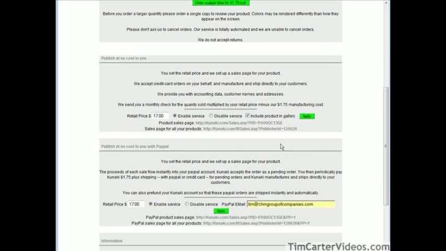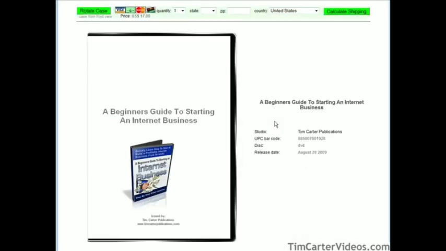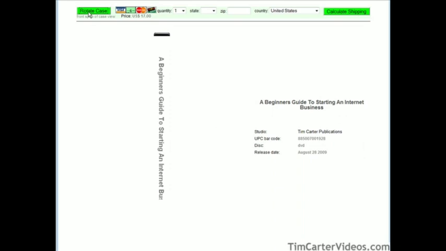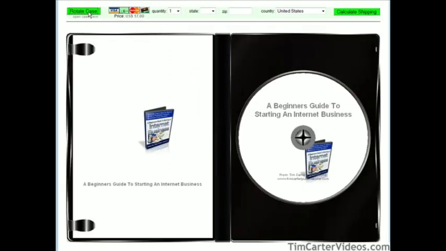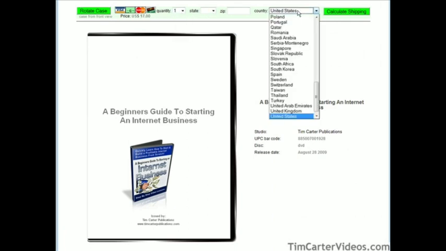Okay, now we have some different websites here that are used. For instance, if we're going to use the Kunaki shopping cart, we have two URLs here. We have the sales page, and this is the sales page that they provide for you, and it has all the details that you put on the design screen here. They can also rotate the case, look at what's in the case, look at the DVD, etc. Okay, then up here they can order their quantities, and they pick their country here,